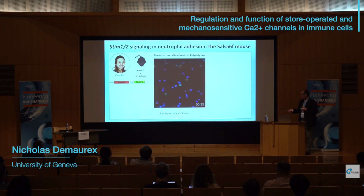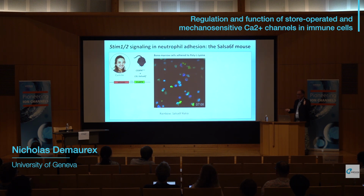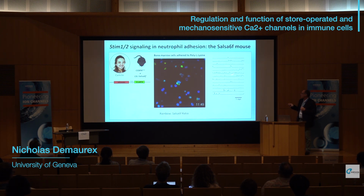If we now look at the calcium, just doing the ratio of green over red, you see in this pseudocolor display that every time there is a change in calcium, these cells turn green or red. You can see immediately that there is a very big spontaneous activity in these cells. We did nothing to the cells, no chemokine, no treatment, just adhered them to the substrate. So there is plenty of activity, and you can appreciate this looks almost like an ion channel recording. Every line is a cell, and pretty much all the neutrophils would, during the 3-minute recording period, exhibit at least one